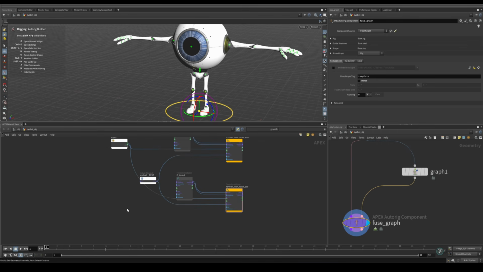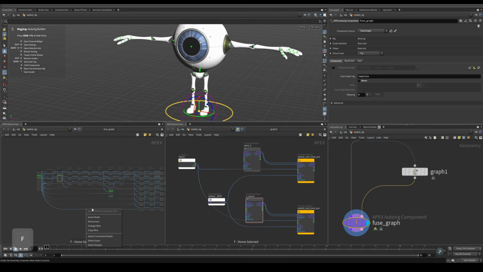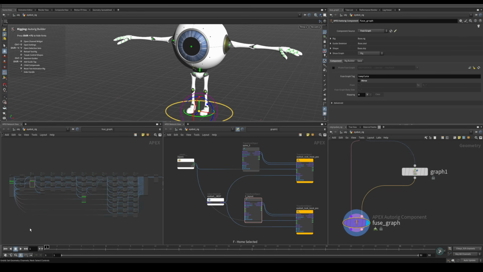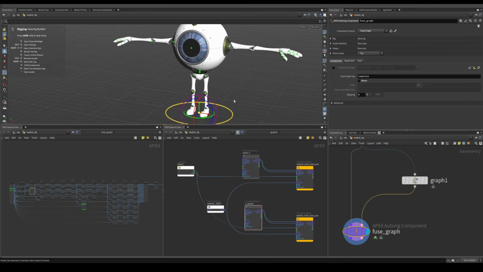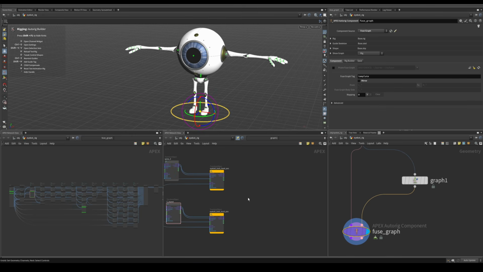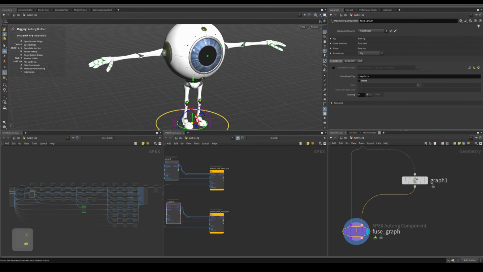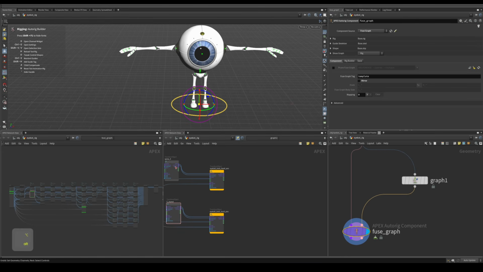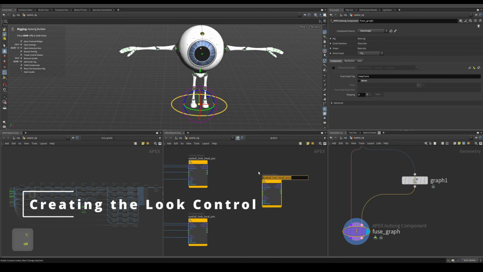Cool. So why don't we actually open up our actual rig over here so we can see everything be added to the rig. I always like doing that. I always think that's pretty cool. And we can also get rid of the timeline. We're not going to need the timeline in this case. So the next control we want to add is the actual look control that the eye will be pointed at, right? So I'm just going to drag this out,